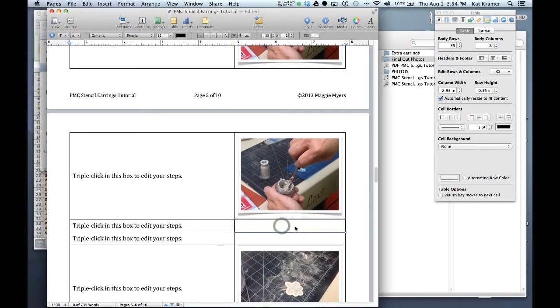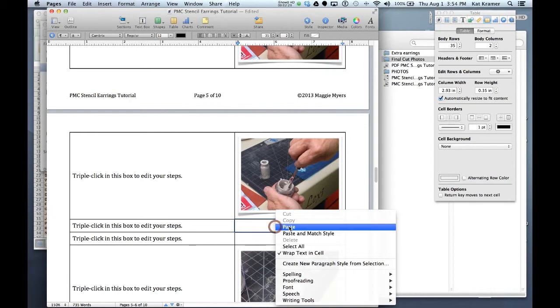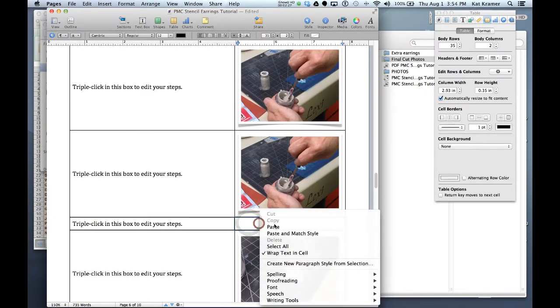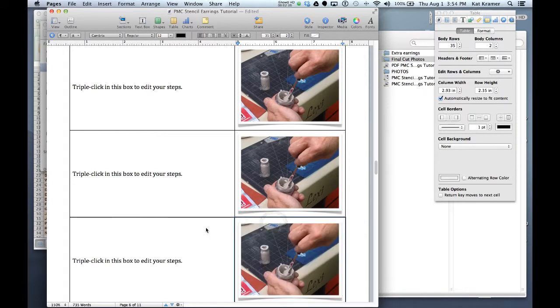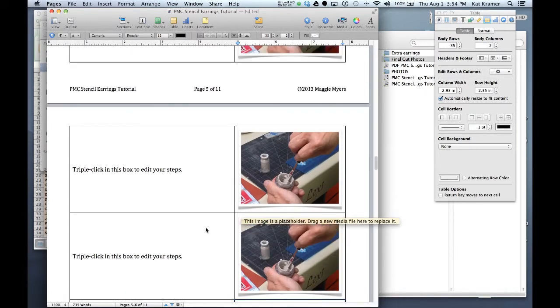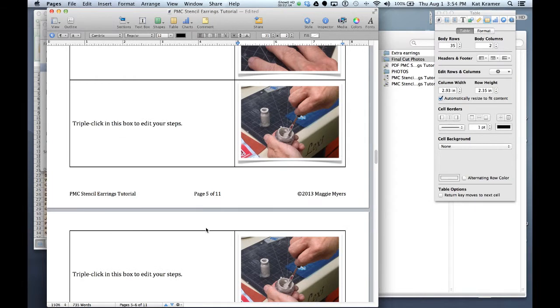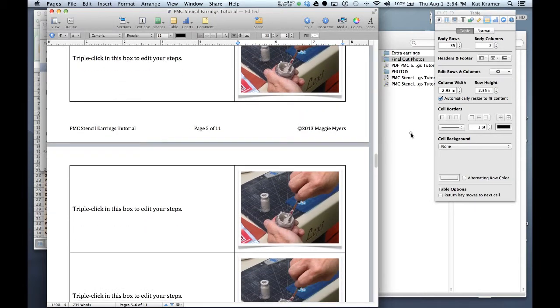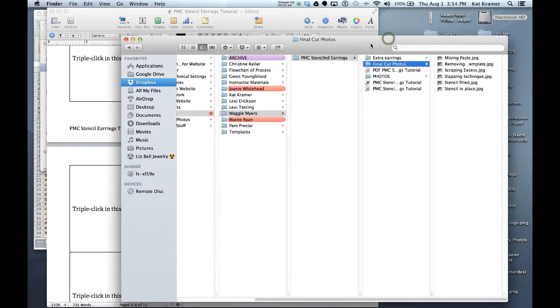Click once to select the cell, click twice to get this cursor, and then right click and paste. And just continue to do that until you have all of the cells that you need. All right, now at this point, you can actually go in and add the photos. And there's 2 ways to do that, but the way I find easiest is to go out to the folder